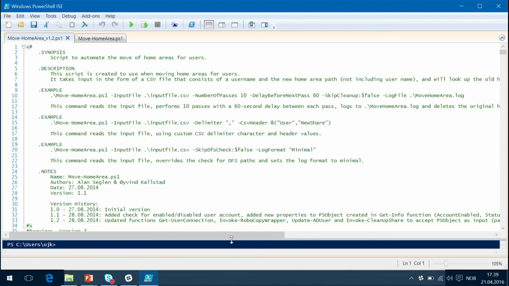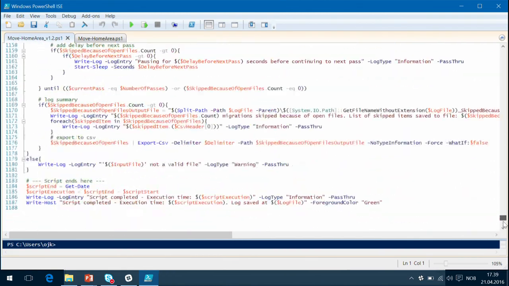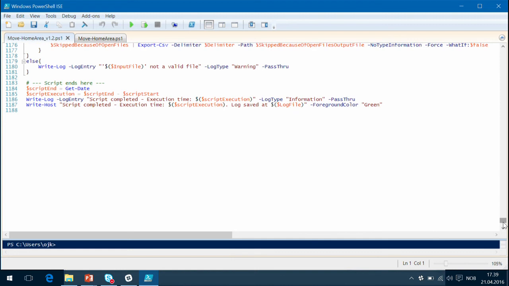The funny part was that when we first looked at the VB script, 1,000 lines of messy VB code, we kind of laughed a bit. We felt it would be much better than that, and we were certain that replacing it with PowerShell would also mean shrinking the number of lines of code and be much better and future-proof and everything. And this is the final product. I'm just going to scroll down. So we ended up with 1,000 lines of PowerShell code instead.